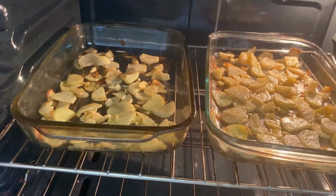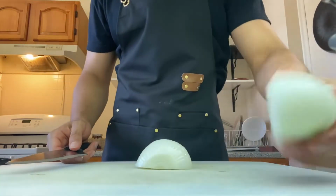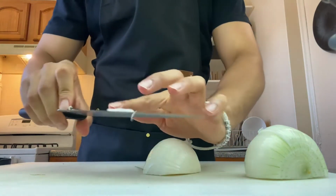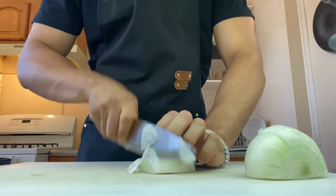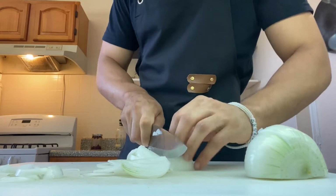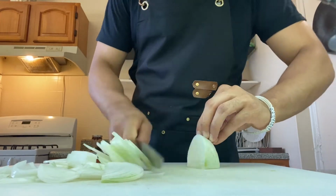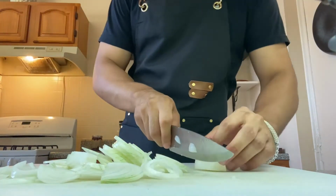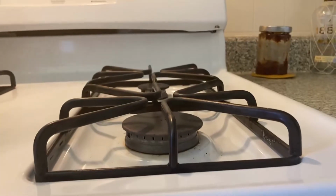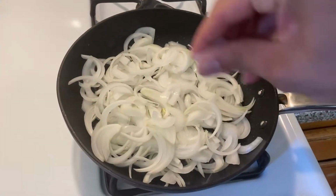Potatoes are getting some color, so we should start working on the onions. Chop the ends, and we're gonna cut them the long way like this. See that? So what you are looking for is these long noodles right there. Some salt,